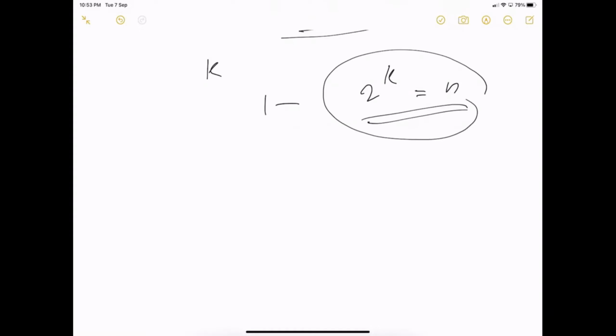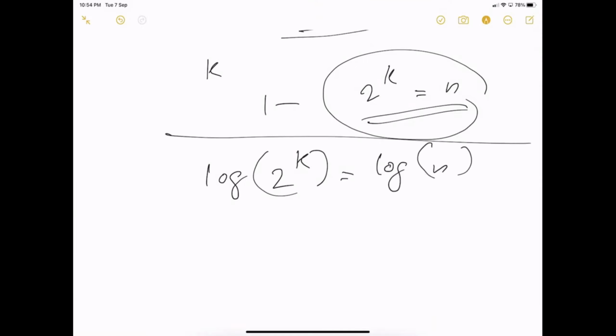Now for people who know about logarithms, if you take a logarithm on both sides, what will happen? Log of 2 raised to k equals log of n. We have just put log on both sides. And again, if you know logarithms, you can write the left side as k into log of 2, and the right side as log of n.